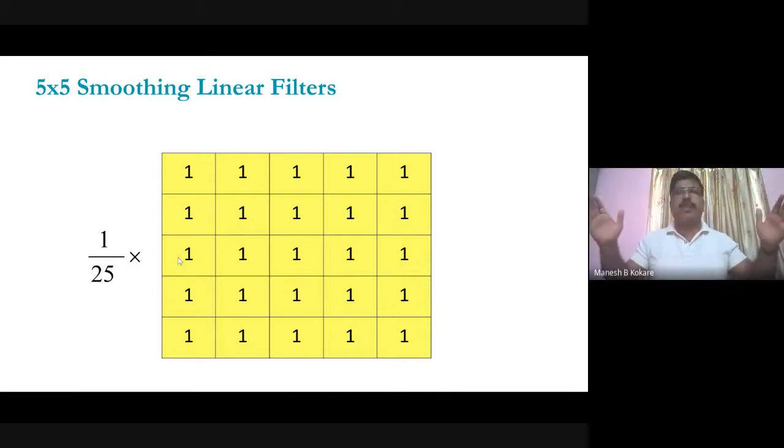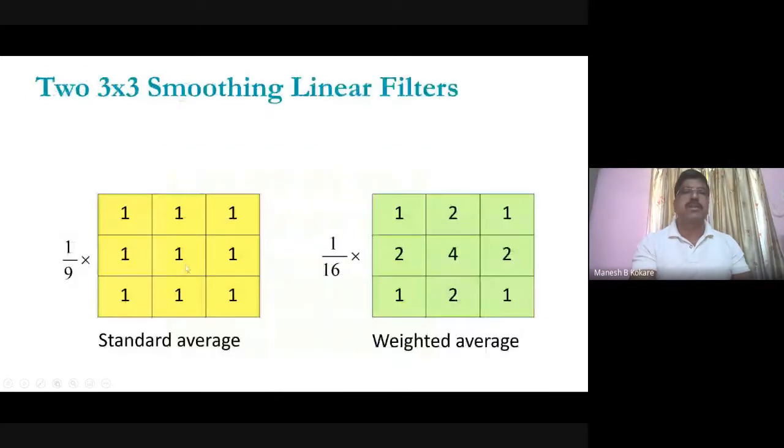Similarly, if you expand the smoothing mask to size 7 by 7, then consider the total number of pixels under consideration. Every time you have to keep the center of the mask on the pixel under consideration. In the case of a 3 by 3 mask, you keep the center of the mask on the pixel under consideration, and the remaining 8 neighborhood pixels will be considered, and then you calculate the filter value of that pixel by using this neighborhood and the pixel under consideration.